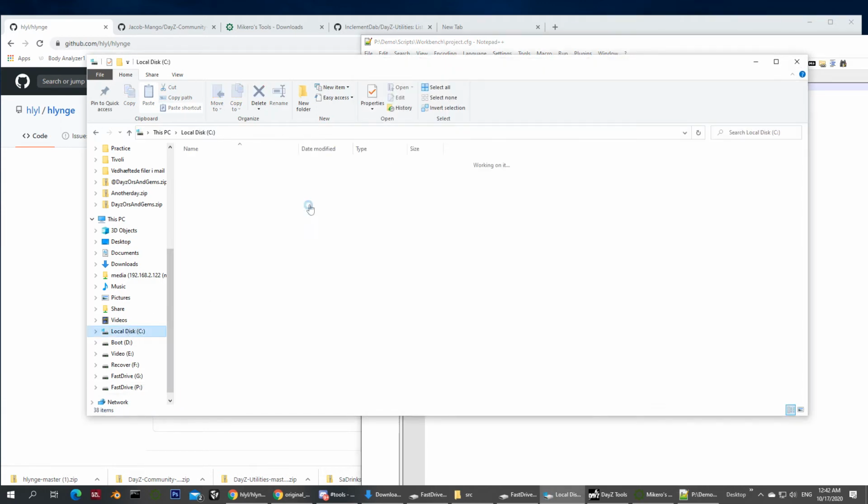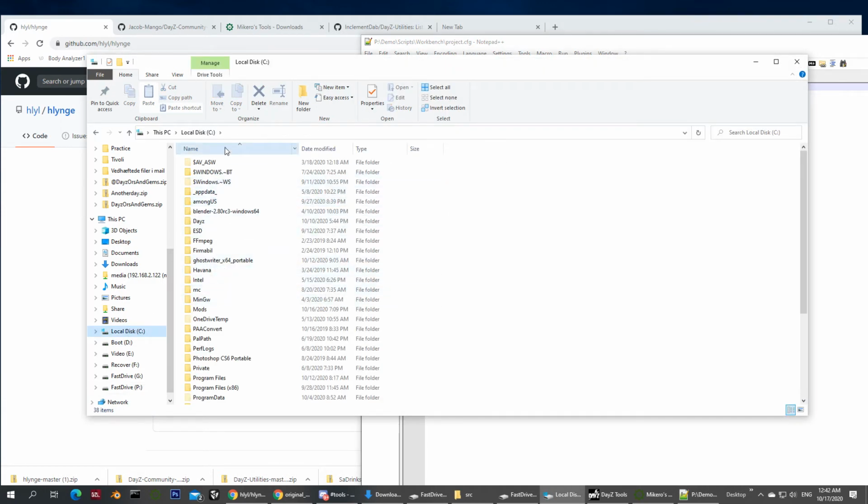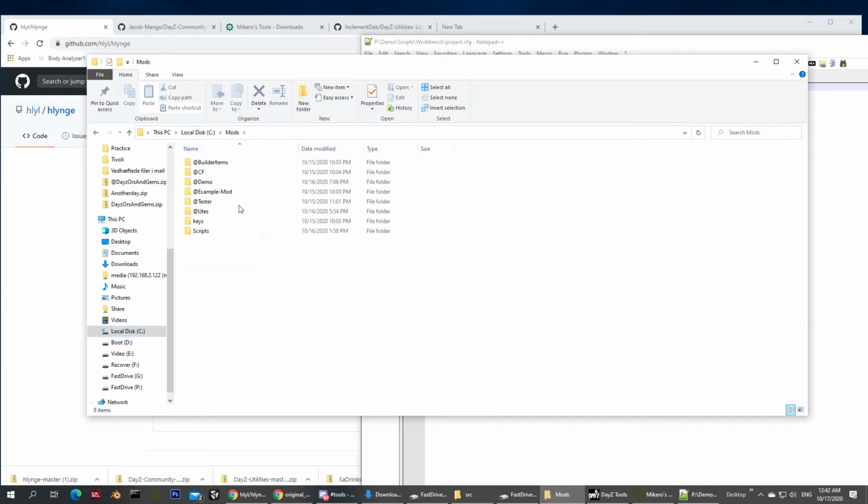So I showed you that you needed to have in here the mods folder, and in there you copy the community framework CF and builder items if you need to load those. If you need to load more, then bring them in here. We will be building our demo here, so I'm taking that out.